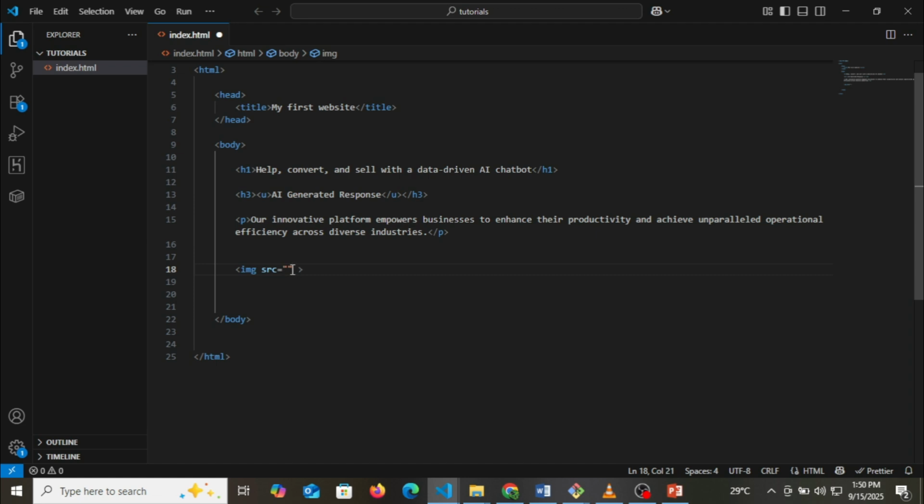And we have another attribute we call the alternate or the alternative. So if there is no image, then can I have any alternative? So the alternative mostly is text. So I can say my image name here, right? So when I save this right now,